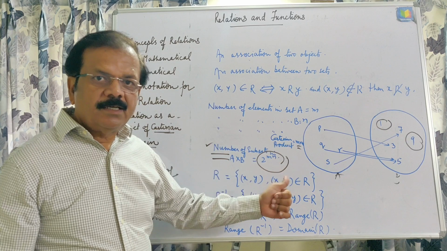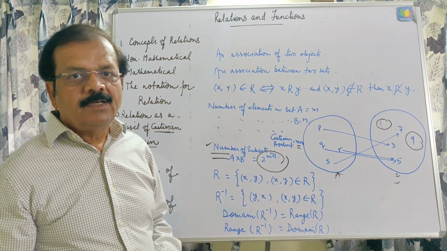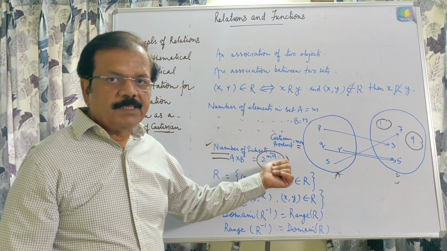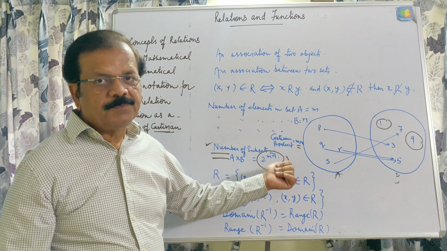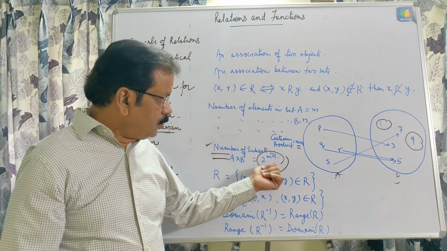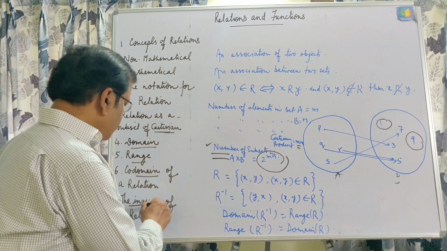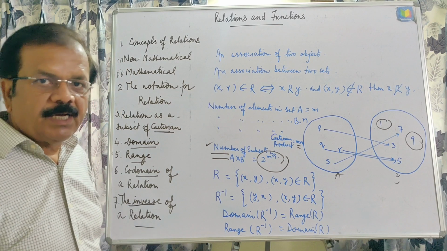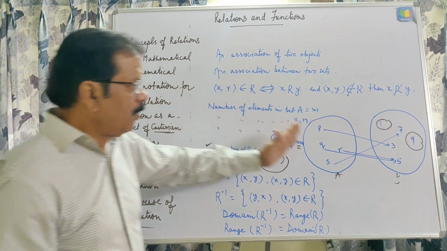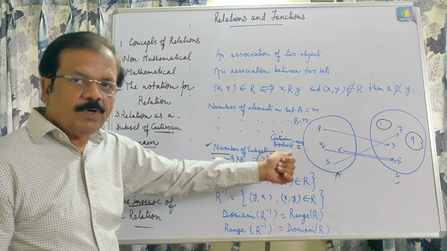It doesn't matter whether all of them define a certain relation or not, but this is the total number of possibilities. That is, the total number of possibilities between two sets which have m and n elements is 2 to the power mn. In the same way, the inverse of a relation, which is clear from the word inverse: in a relation we are going from A to B, and in the inverse we will go from B to A.